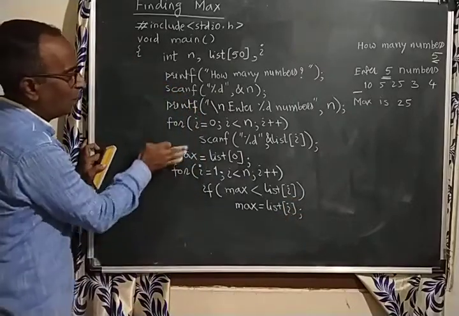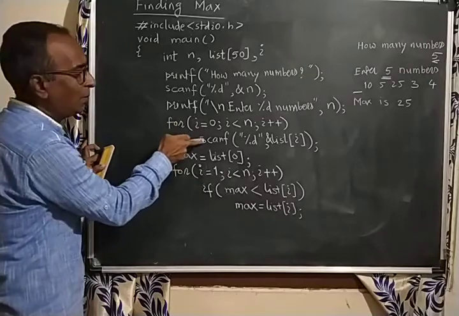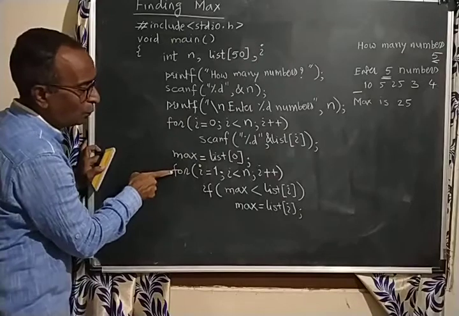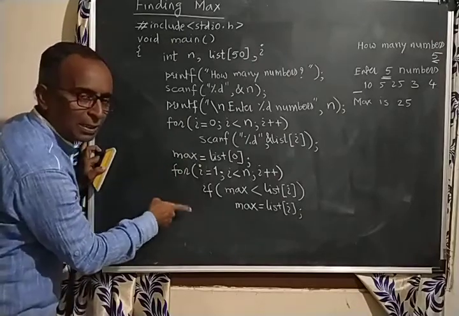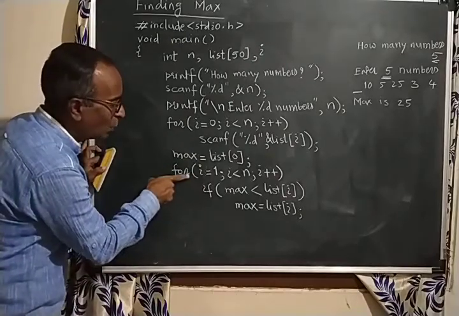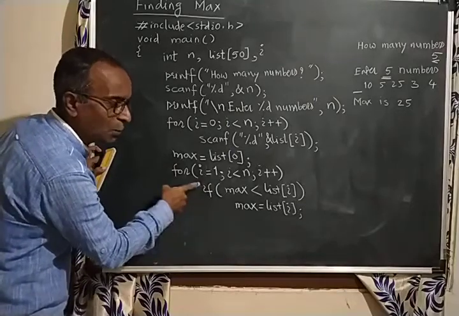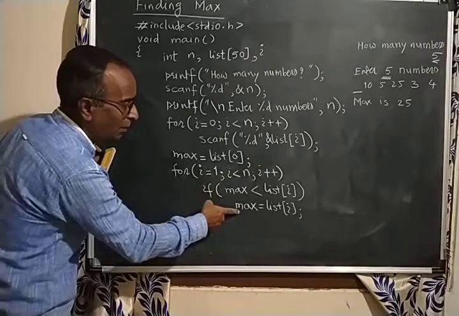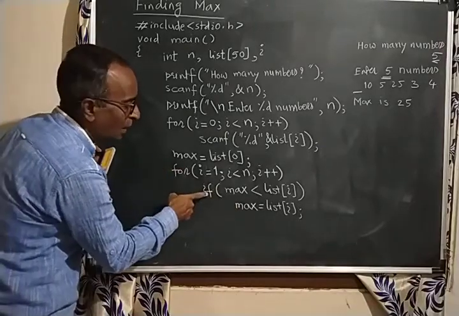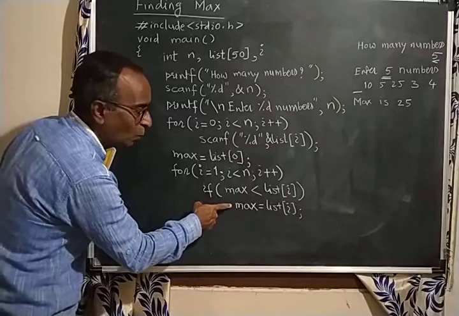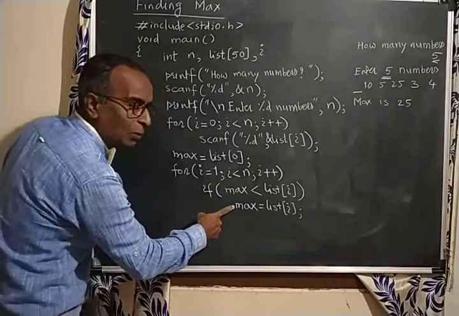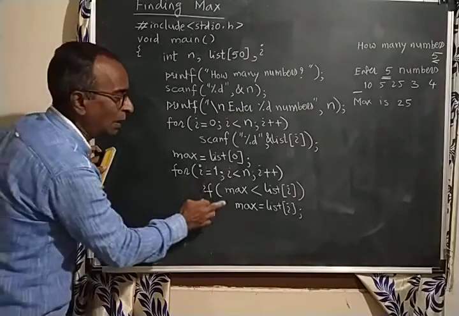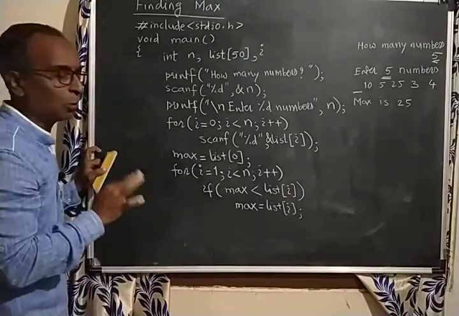Now see, you are not giving curly brace here. Why? Because only one statement is assumed inside this. Here also for loop I am not giving any curly brace set. What is assumed to be in for loop? One control statement or one statement. So one control statement is assumed inside this. Here also curly brace is not given. What I am assuming? That only one statement is there. This by default will take one statement if curly brace set is not given.